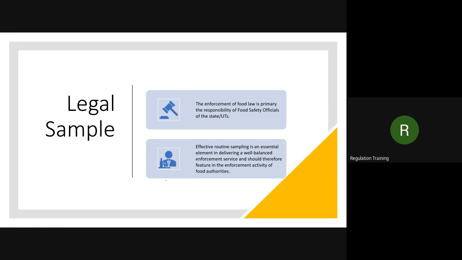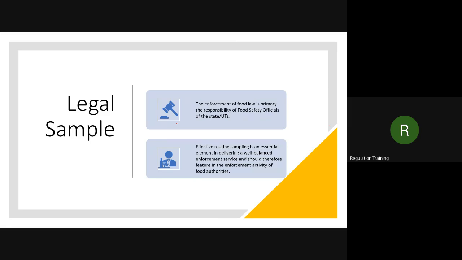Yesterday we have spoken about the food safety officer's job. What is the food safety officer's job? The food safety officer's job is to enforce the actual law. The food safety officer will be in continuous touch with the food manufacturers or food business operators. And continuous touch does not mean "Hi, hello, how are you? Okay, I am coming for lunch, please give me 2, 3 packets." That is not continuous touch. Continuous touch means that, with respect to enforcing the law, the food safety officer will be in touch with the manufacturers.